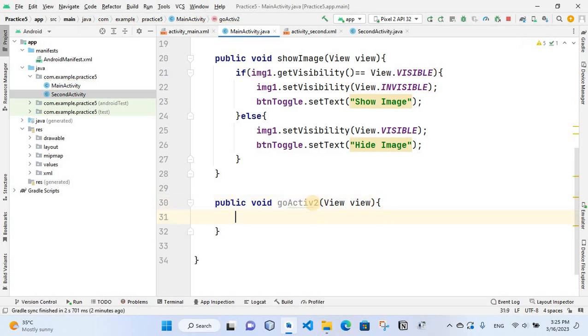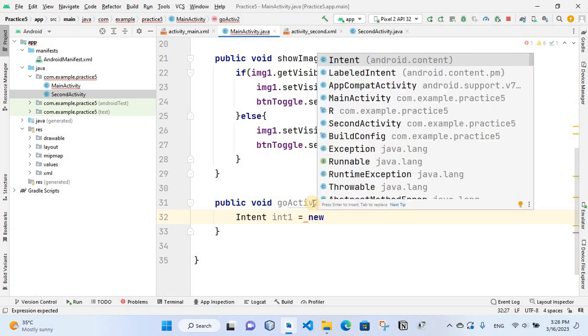Now we are going to use something we call the intents, and the intent is like a vehicle. It's going to take me to places. It's going to take me to a different activity. I can carry information with me. We will see this later. I will create a new intent. I will call it intent1. Alt and Enter to import